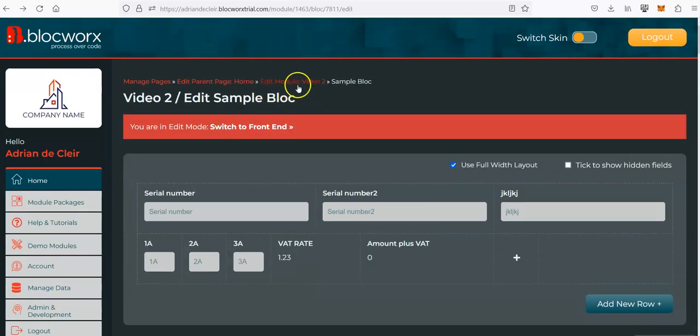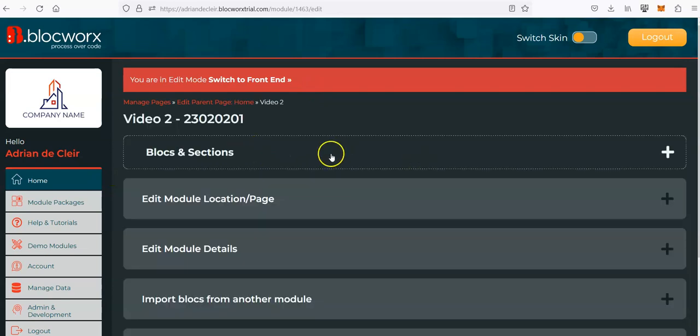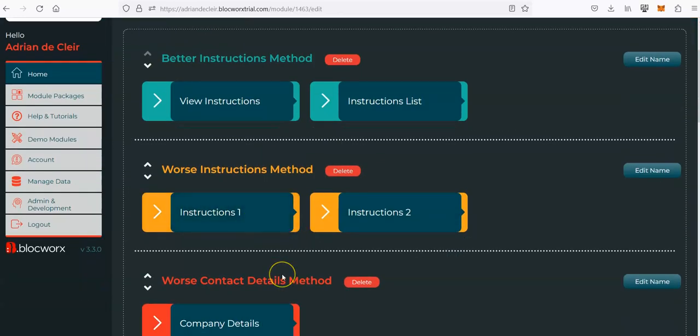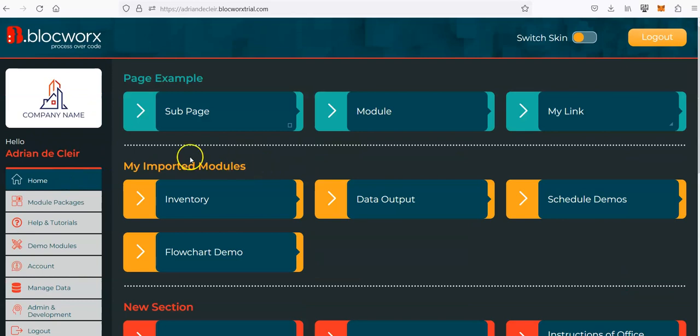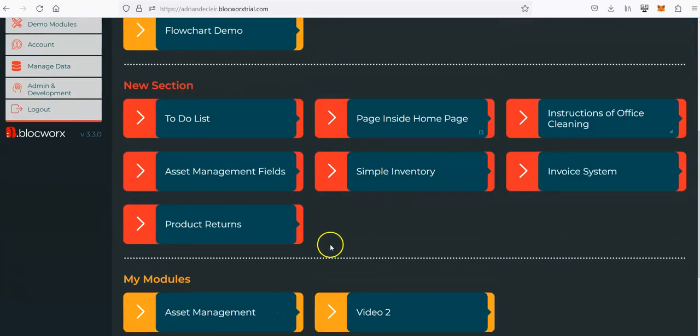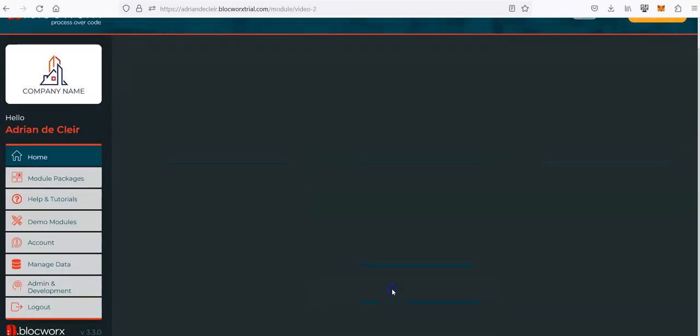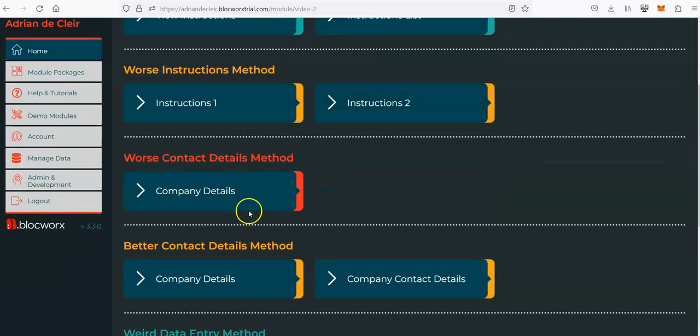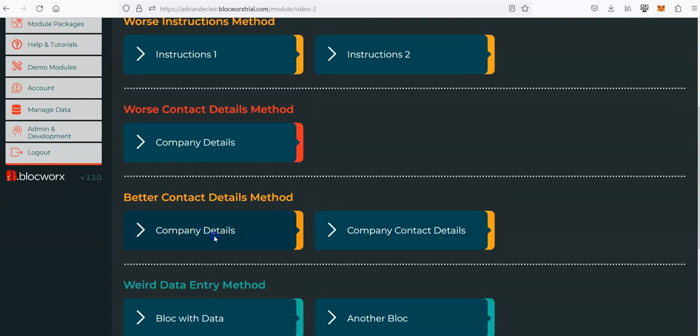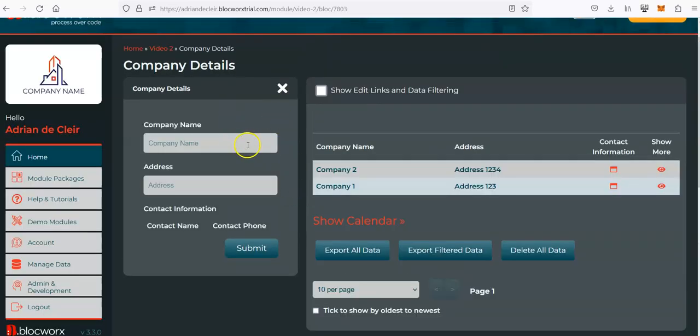Another common trick we do is linking from the home page. So you'll quite often come across a situation where you're after creating a module, you're after creating a bunch of blocks, but really you don't want the user to have to negotiate their way through modules from the home page. Like, just say I'm adding a new record in company details. And I suppose the point I'm getting at is,